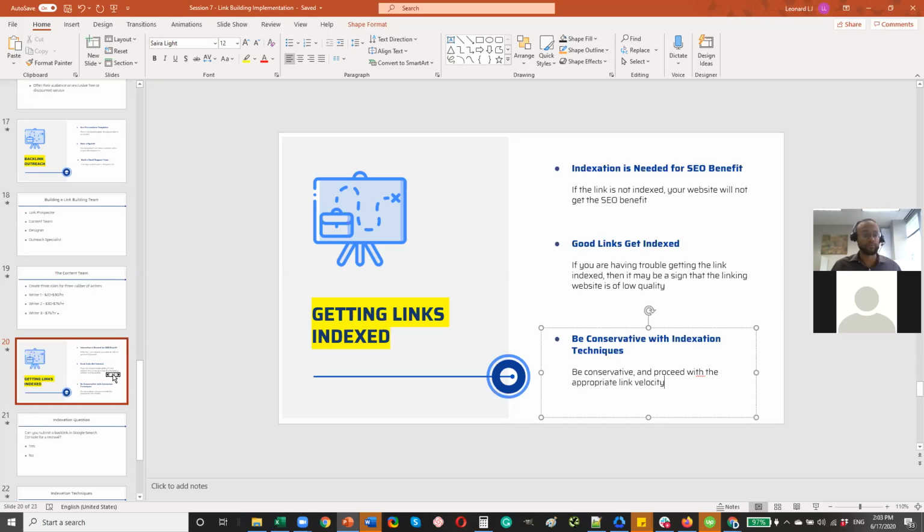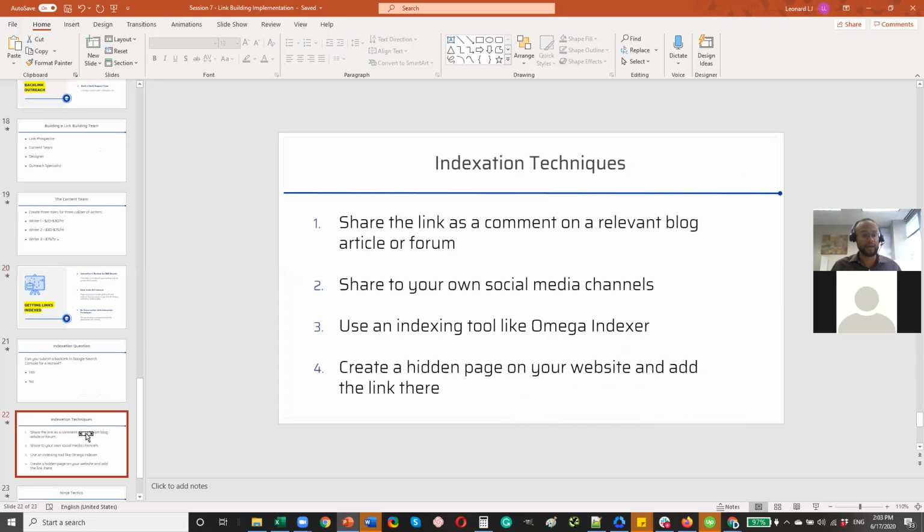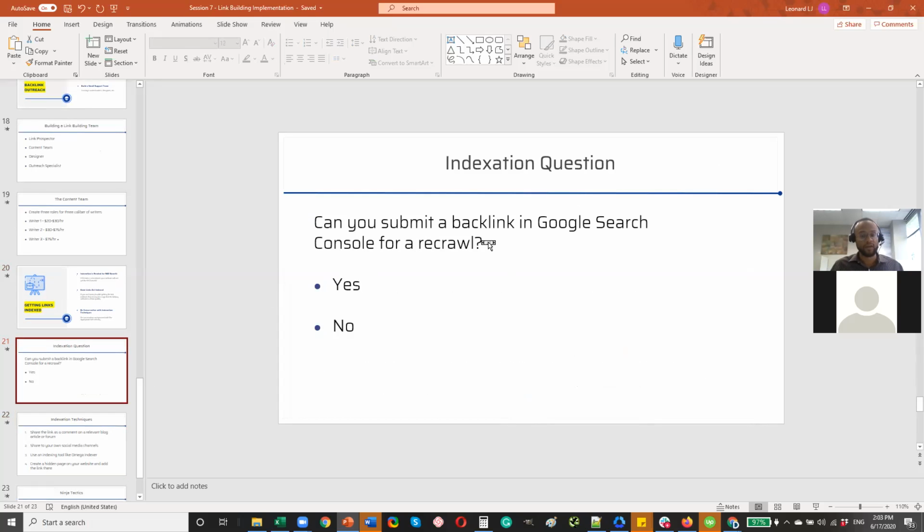And so to do that, first, before we get into that, do you think you can submit a backlink to Google Search Console for a recrawl? Would that help at all for this? I was thinking about that. Maybe, I don't know. Okay. So the answer is no,